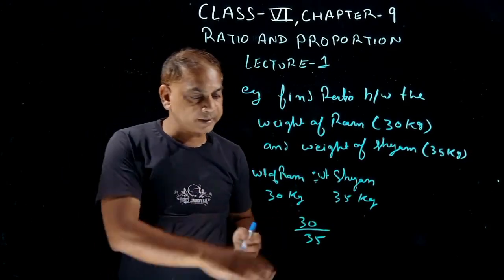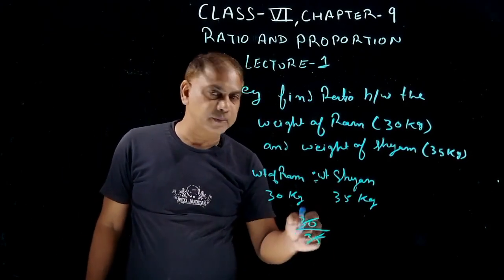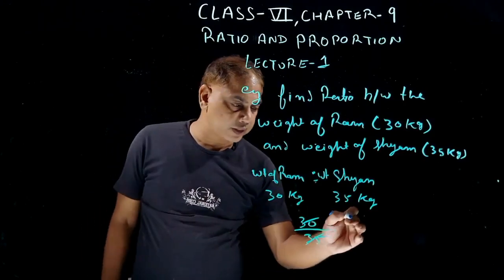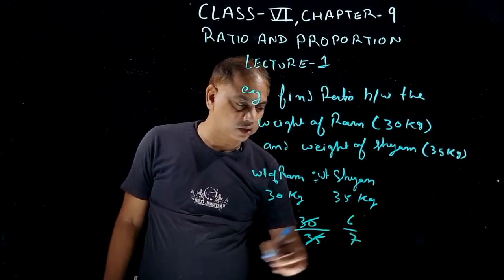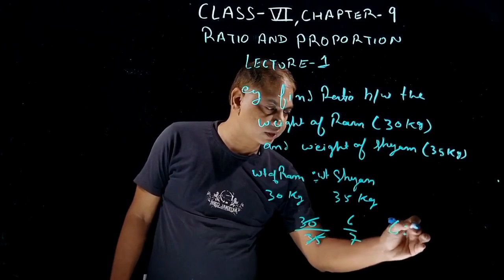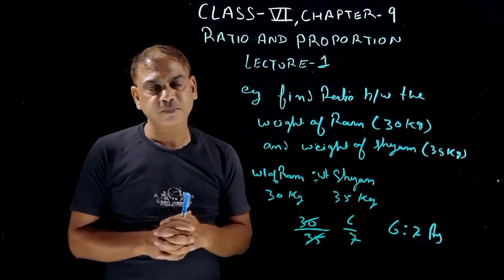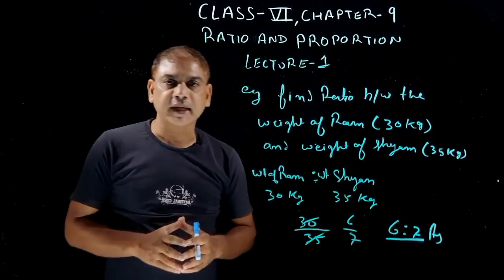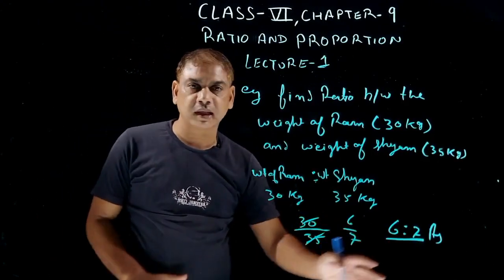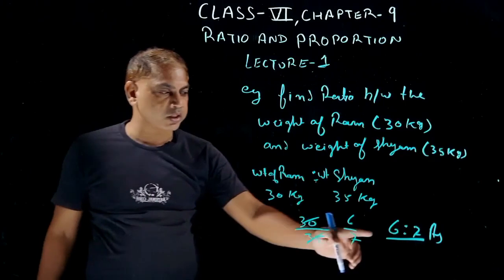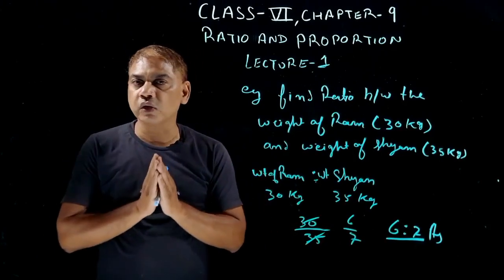You can simplify it, in the simplest form. 5 sixes are 30, 5 sevens are 35. So 6 is to 7 is the ratio of the weight of Ram and Shyam. Clear hai students? And it has no unit. हमको कोई unit नहीं लिखना है, हमको kg नहीं लिखना है, because ratio has no units. Okay,